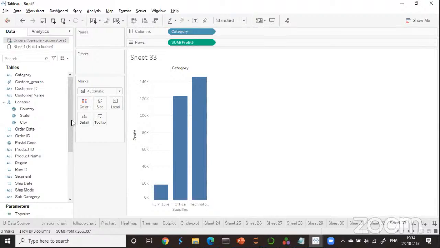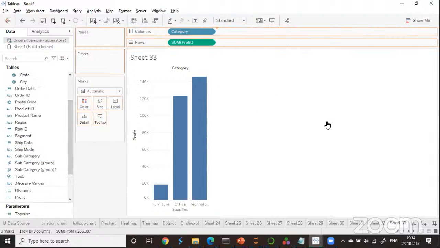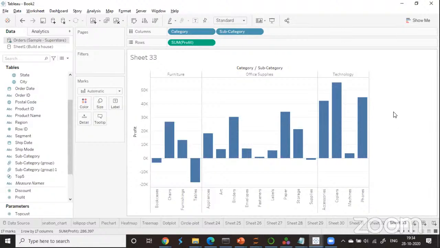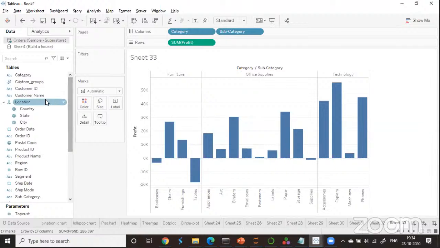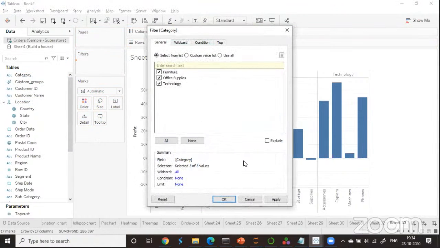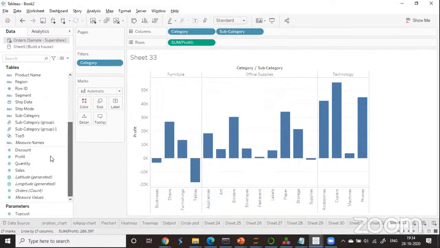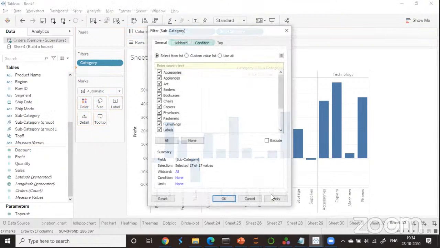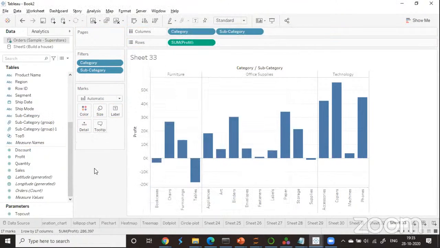I'm going to bring my subcategory and now I can put my category onto my filter shelf. I can say apply, I can say OK, and I can put my subcategory onto my filter shelf again. I can say apply, I can say OK,